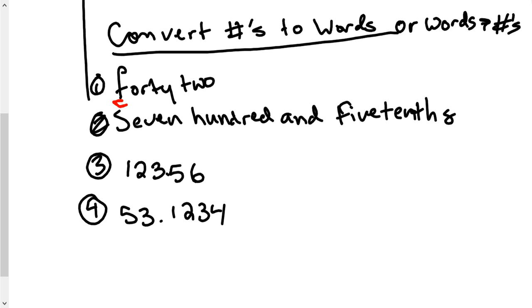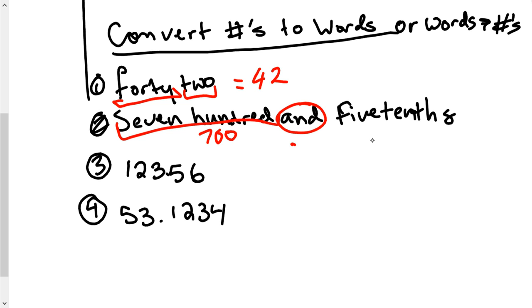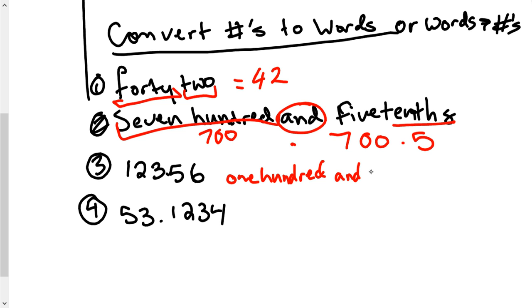42, we have to recognize that this is indicative of the 10 spot. This is the 1 spot. 700, so we at least know that much. And, meaning decimal, 5/10 because of the tenths bit. So this is 700.5. When we read this, we should say 700. And I know on IXL it says and